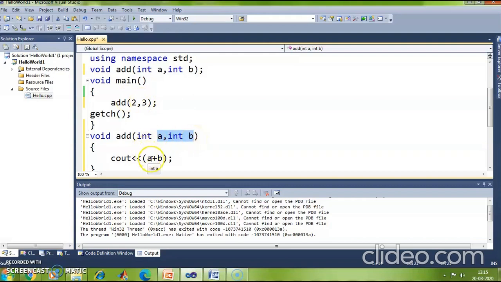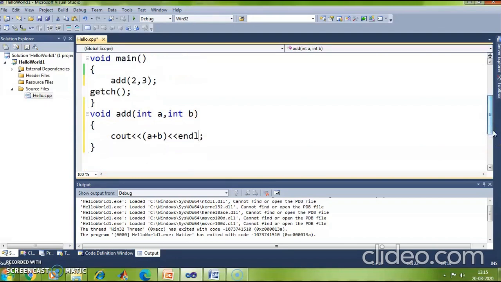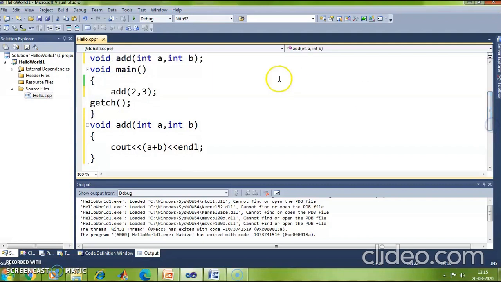And then I print the value of a plus b using the cout object. Okay, so I can even mention endl here so that the control goes to the next line. So this is my function definition.